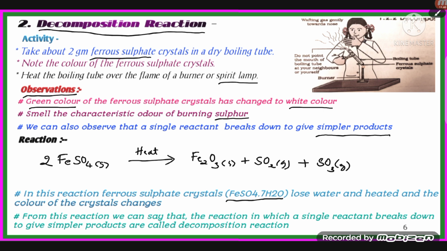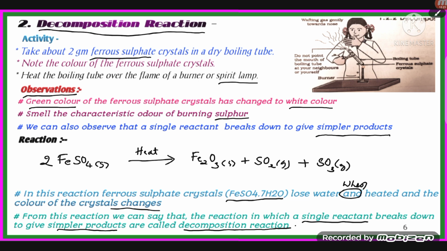In this reaction, ferrous sulfate crystals lose water when heated and the color of the crystals changes. From this reaction, we can say that the reaction in which a single reactant breaks down to give simpler products is called a decomposition reaction. Dear students, most of the decomposition reactions are